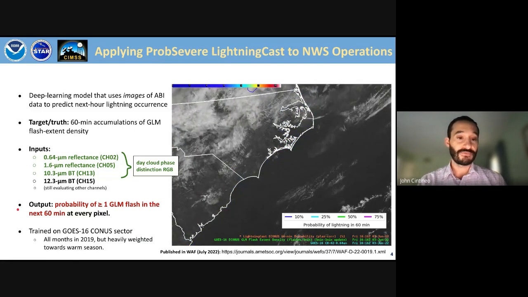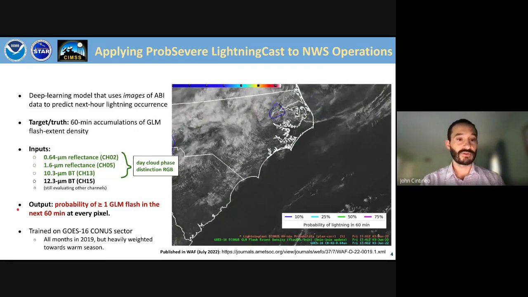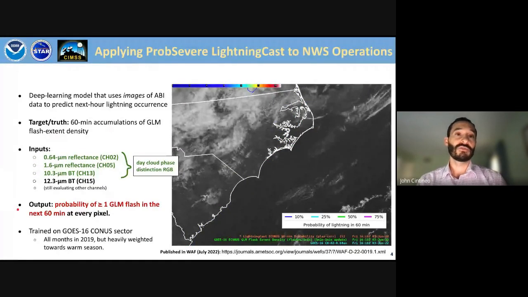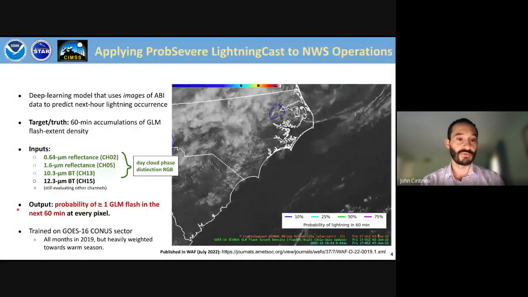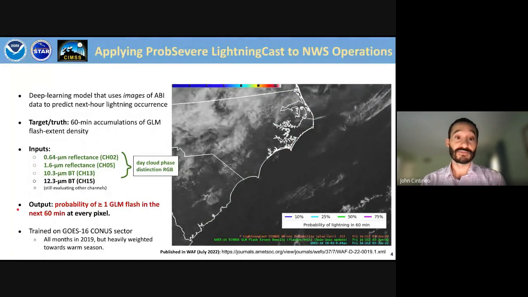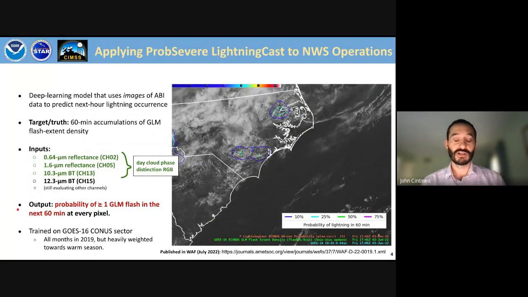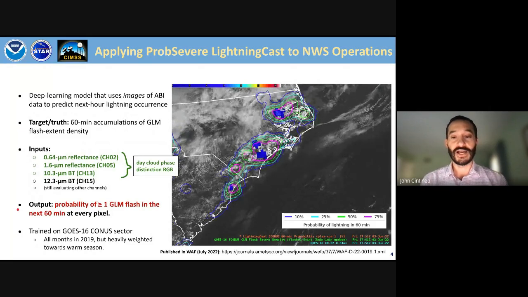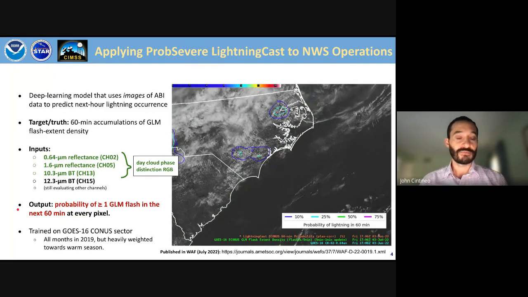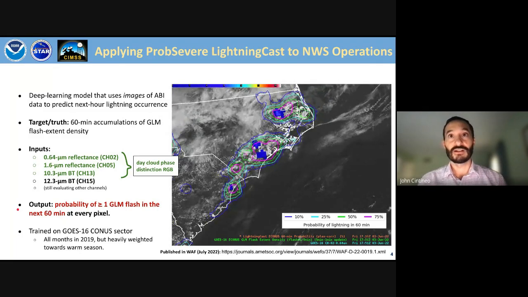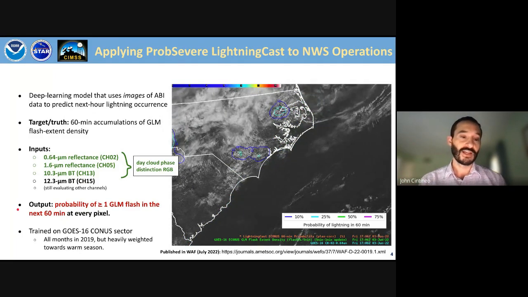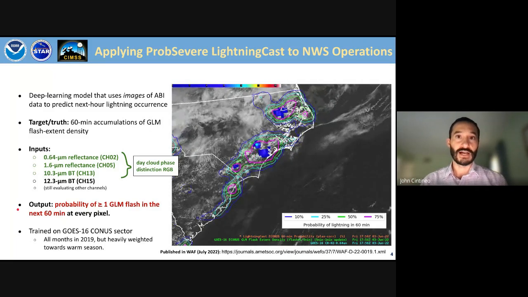And the inputs in LightningCast, just 4 ABI channels: the red band, 0.64 micron reflectance, the snow and ice band in the near infrared, 1.6 micron reflectance, and 2 long wave IR bands, 10.3 micron brightness temperature, 12.3 micron brightness temperature. One important aspect that LightningCast seeks to exploit is this day cloud phase distinction RGB, which a lot of you, I'm sure, use routinely. It's very good at helping depict glaciation and convective initiation. The pair of the 10.3 micron brightness temperature and 12.3 micron brightness temperature are what's called split window difference, useful for a number of things, but under certain conditions, you can see pooling low-level moisture. And also both are important for cloud top height